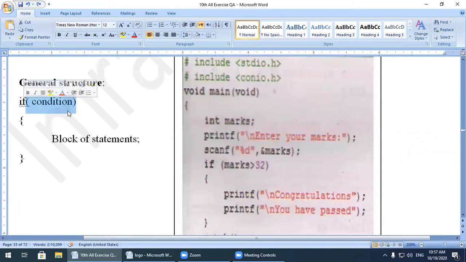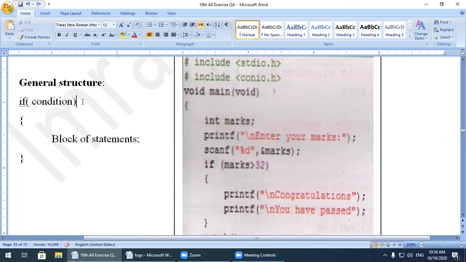Now the general form: if is a reserved word, and inside the parentheses we use any kind of condition. I explained what the condition is. This is the opening of the if statement. Keep in mind there is no semicolon at the end of the condition. One more thing: if we want to execute a block of statements on the basis of a condition, then at the end there is no semicolon.